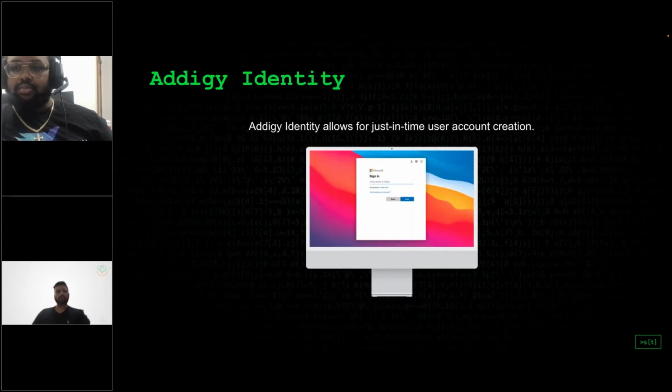Essentially, you want to make sure that we use a service such as Addigy Identity, which already comes included in your Addigy bundle product. There's no extra cost to enable that integration in your current systems. Deploying it is very simple, which we're going to talk about a little bit later. By using such a service as Addigy Identity, you have the ability to simply deploy that to the macOS users and then have them sign in with already existing credentials from their current directory services.